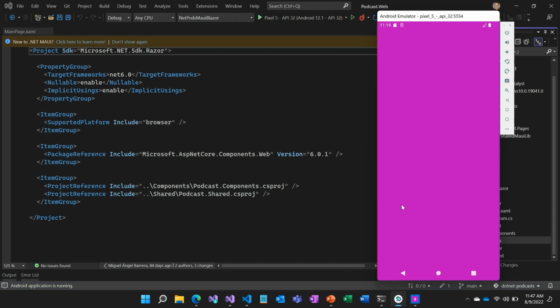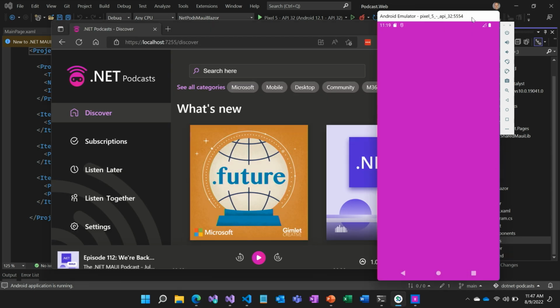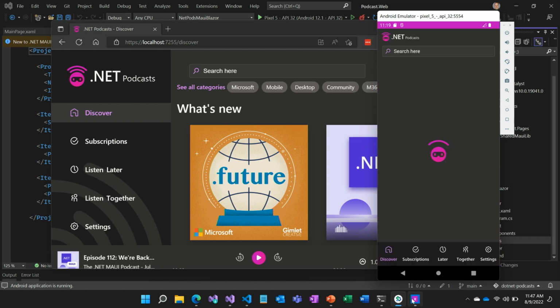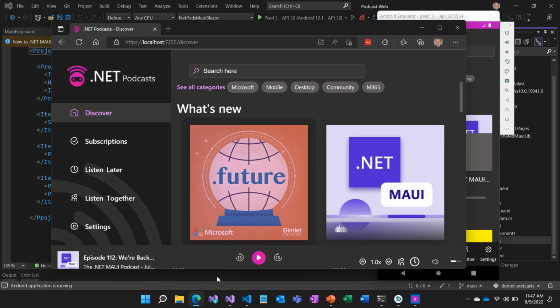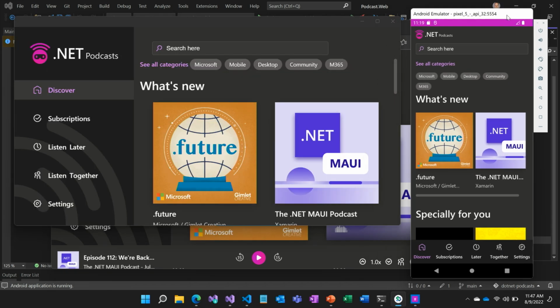Exciting, there it is. So we now have all three form factors, if you will, for apps handled by one code base: .NET Podcast on mobile, .NET Podcast on web, and .NET Podcast on desktop as well, mobile, desktop, and web. Super duper cool. So one set of web UI components.